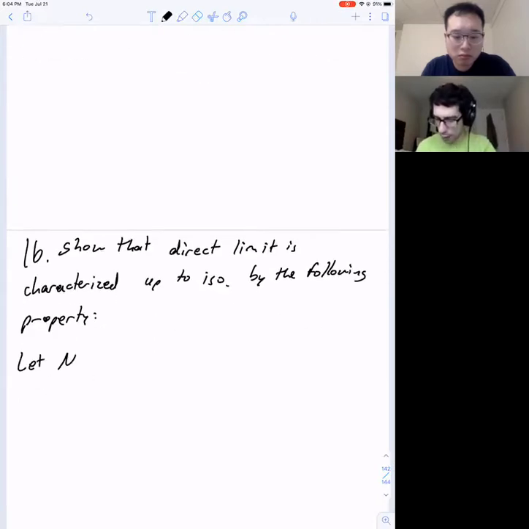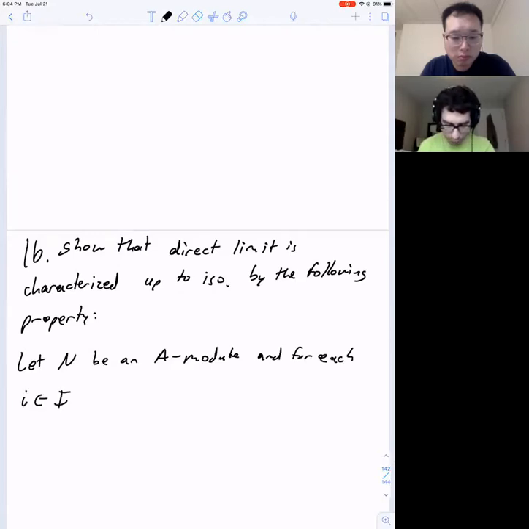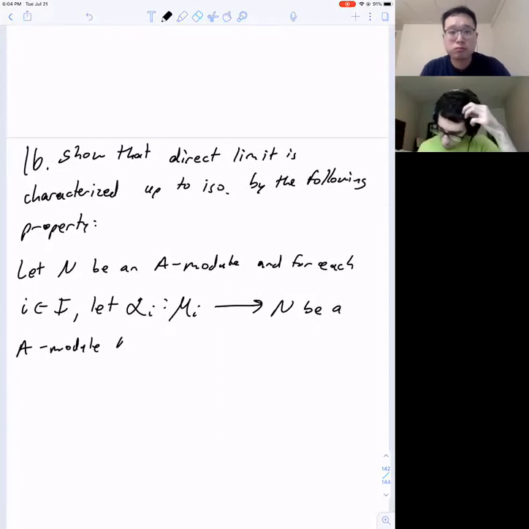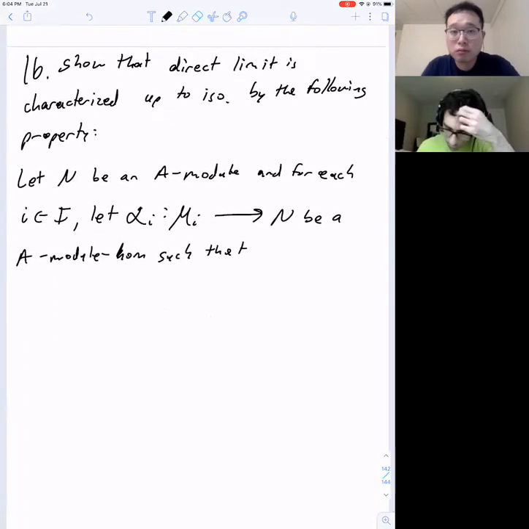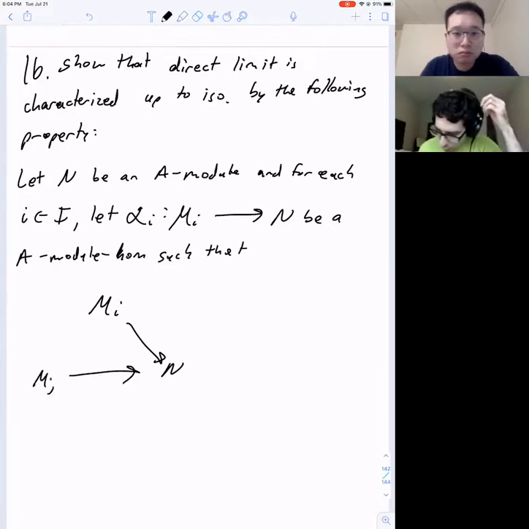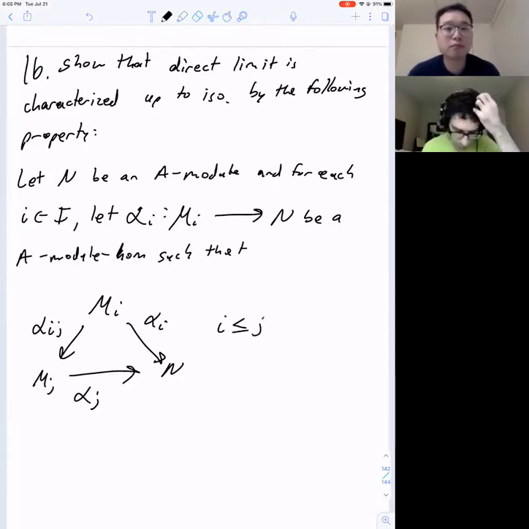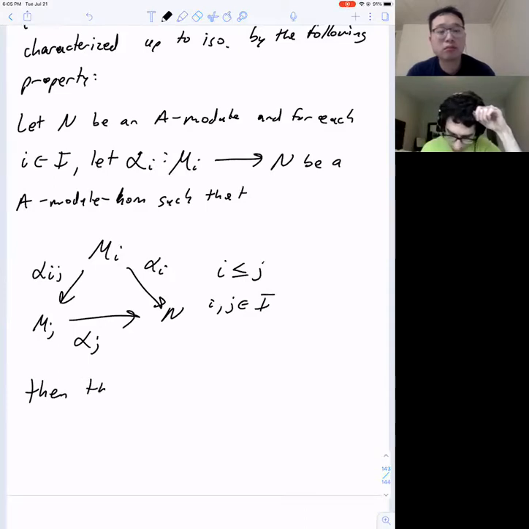So let's say let N be an A module, and for each i in the directed system I, let alpha_i go from M_i to N be an A module homomorphism such that M_i goes to N, and M_j goes to N by alpha_j, and alpha_ij whenever i is less than or equal to j, and i and j are in I. And so I'm going to say, then there exists a unique homomorphism